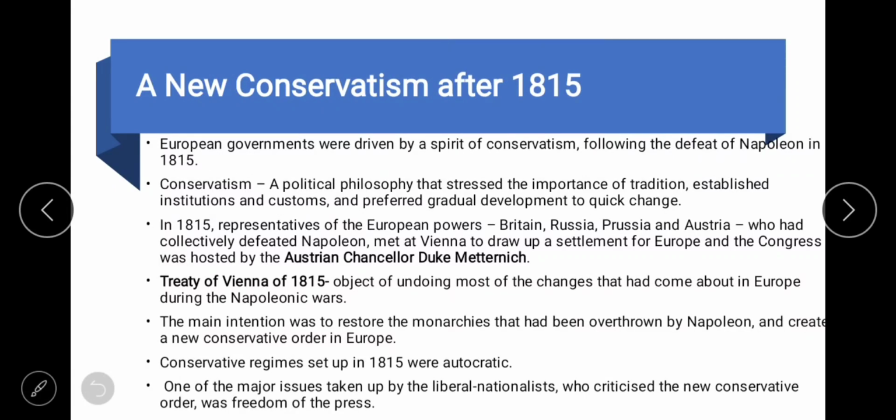And then we arrive at new conservatism after 1815. So what is conservatism? Conservatism is a philosophy that stresses the importance of tradition and established institutions and customs, and prefers gradual development to quick change. So following the defeat of Napoleon in 1815, European governments were driven by a spirit of conservatism,